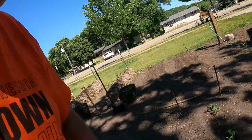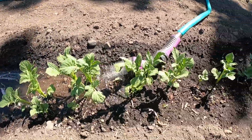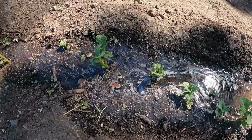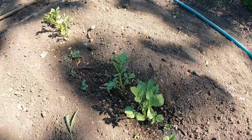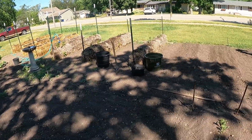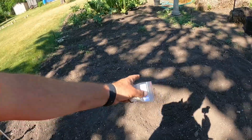All right. When we're talking about this watering, the one thing I want to show is that it also allows you to multitask. I got the Thanksgiving potatoes here, and you can just see how I just let it run in there nice, and we get that really good deep watering on these guys. That allows you to multitask, do a few other things like pull a few weeds, rake there. And I'm gonna plant,